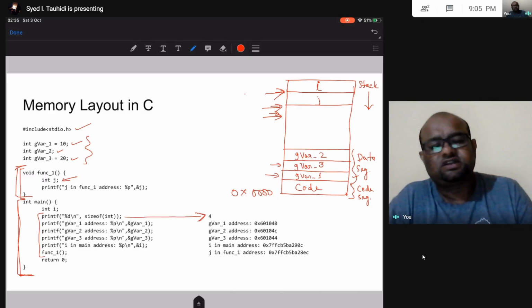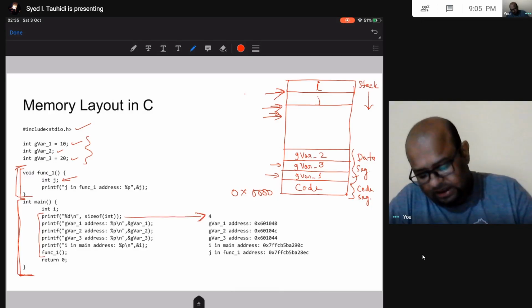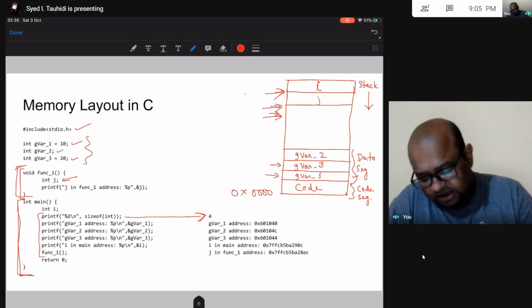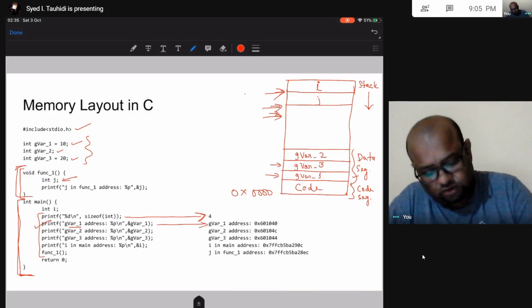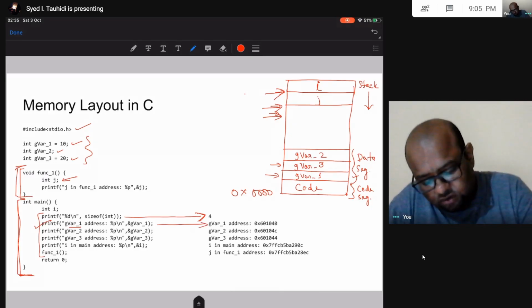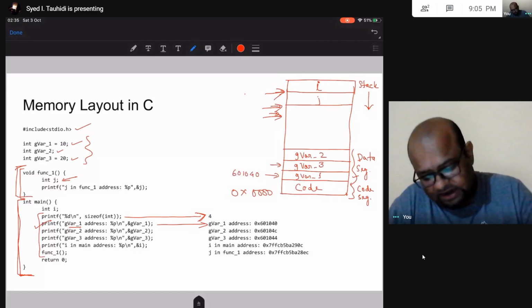So integer is 4 bytes. Then in the next line, I am printing the address of global variable 1. The address of global variable 1 turns out to be hexadecimal 601040. Then I am printing the address of global variable 2.